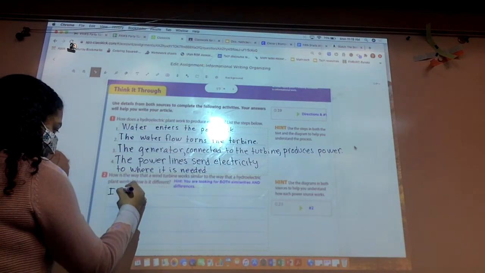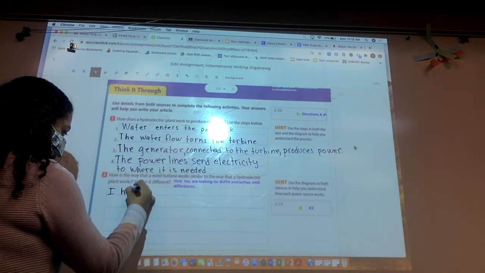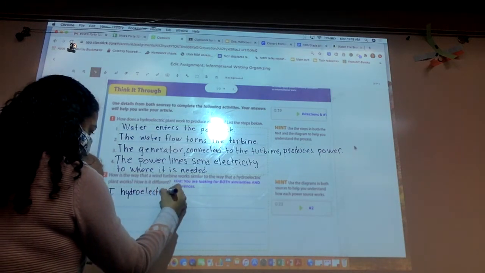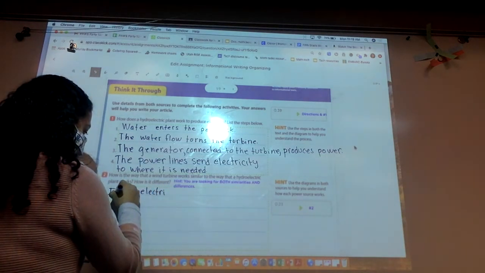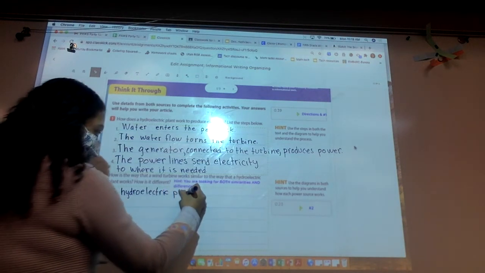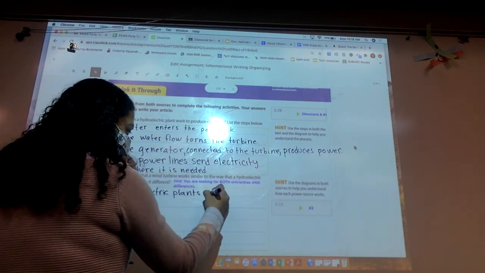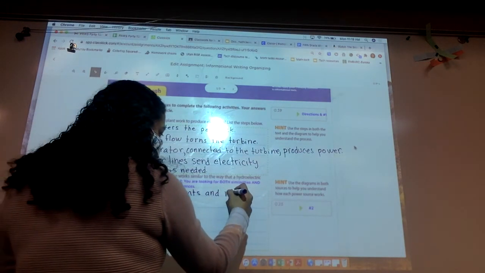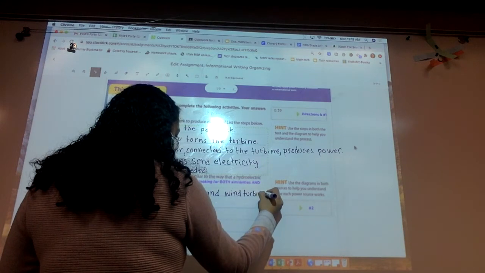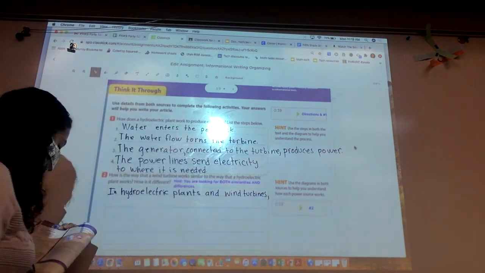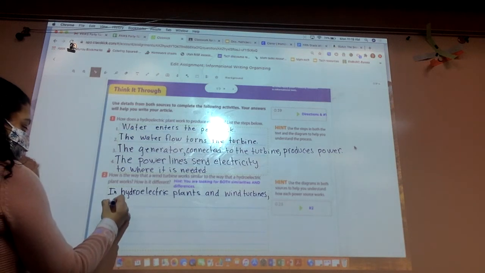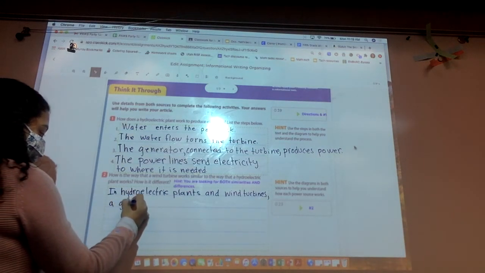So in hydroelectric plants and wind turbines, comma, a generator